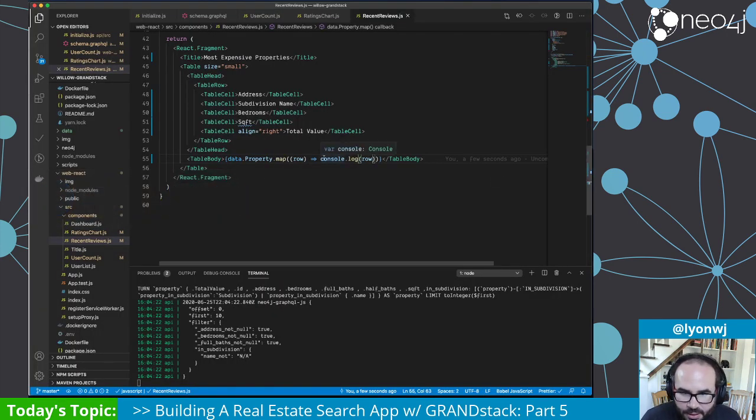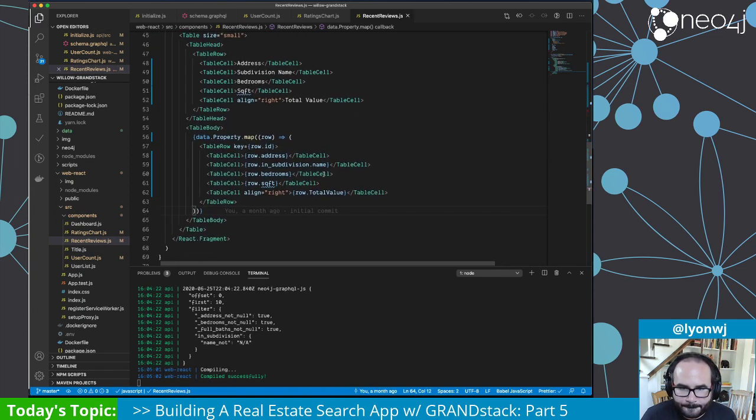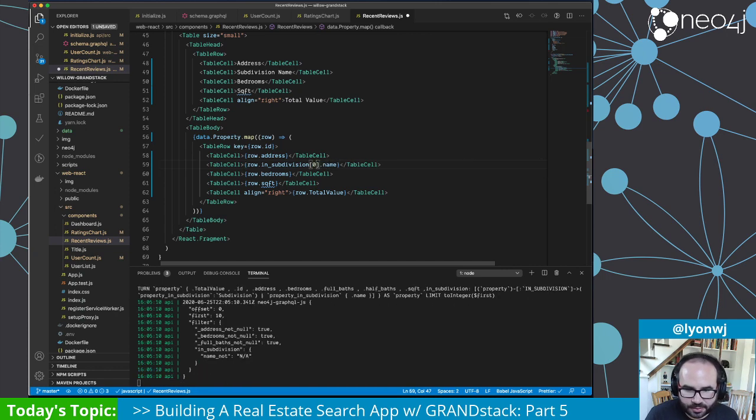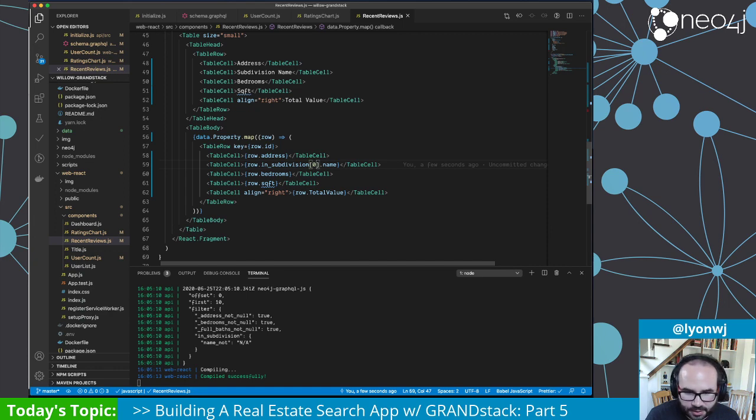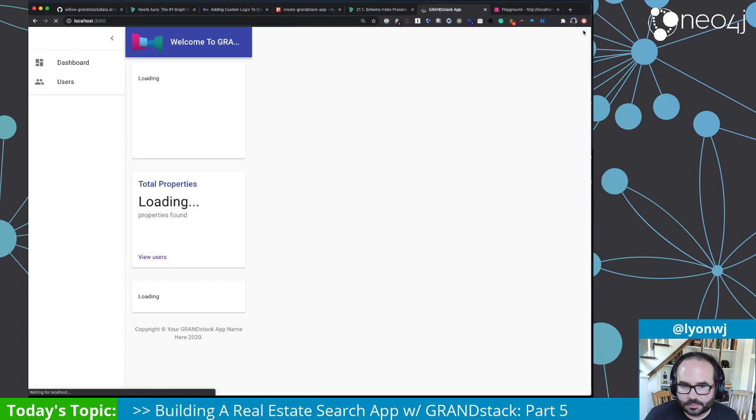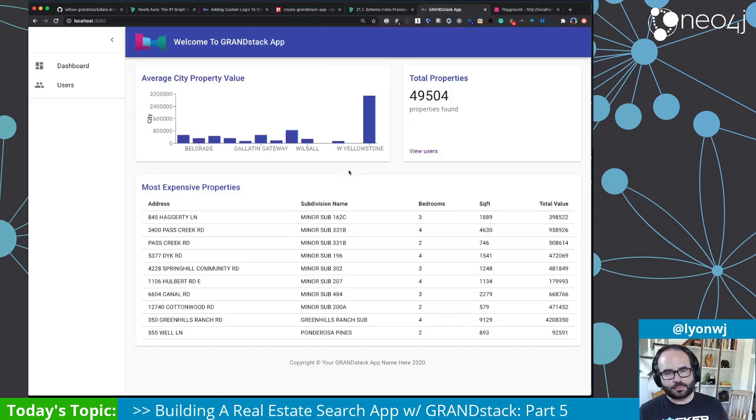So let's fix that. So row dot in subdivision, well, let's just grab the first one. So index 0 of the subdivisions, and then call name on that one. There we go. Okay, cool. So now we have queried our GraphQL API using Apollo Client React hooks to populate our dashboard components. That is using our Neo4j GraphQL JS library to generate Cypher queries from GraphQL and sending that to our local database to fetch data to populate our application. That's good,